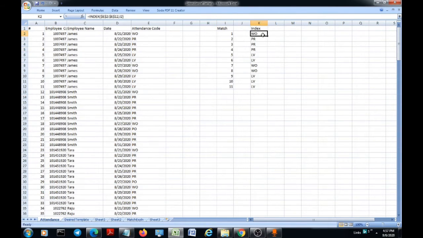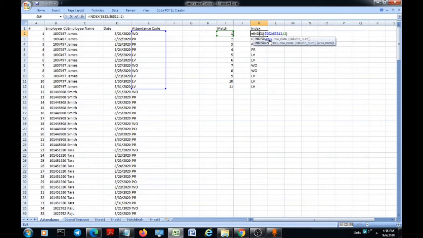Now the index function, like a VLOOKUP formula, is also a lookup function. What it does is give you data from a particular cell that you are referring to. Here the format is index, and the first is, as you can see here, array.